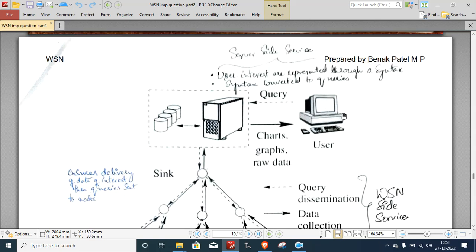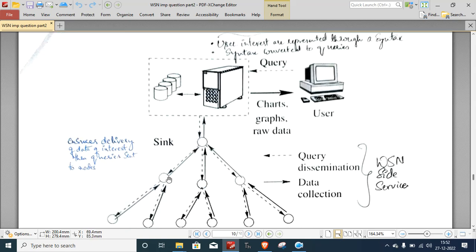So let's say there is a user who is trying to get some information from this wireless sensor network. So he puts in a query which is based on a standard format. So user interests are represented through a syntax, and syntax is in turn converted to queries. So using some statement in the command line, he'll be entering his query in terms of syntax, and this system converts that syntax into a query and it will be sent on to this server, and this server will in turn interact with the sync,